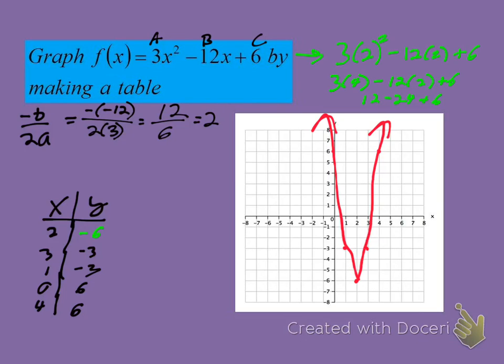Starting point. Your center. It's your starting point. Once you have that, see how I have 2? Notice my x's. From 2, I went to 3 and 1, which are both how far away from 2? 1 point, right? Okay. 3 and 1 are both 1 away from 2, yes? Now, one more connection. I know there's a lot of moving parts here. If my parabola is going to be symmetrical, and that 3 and 1 are both 1 unit away from the vertex,